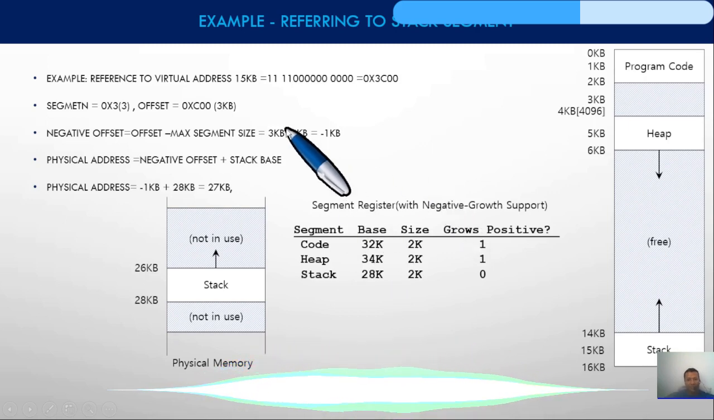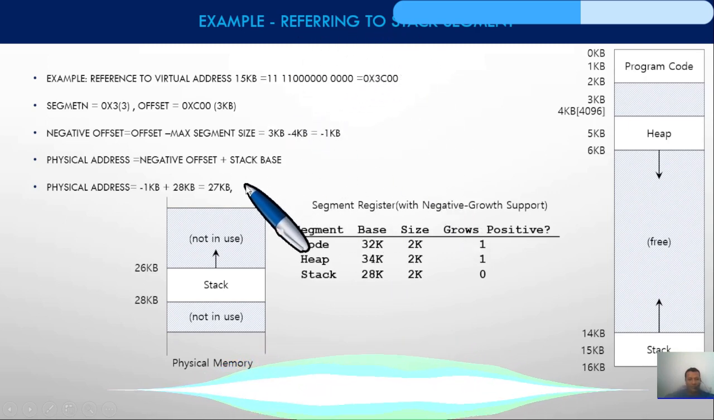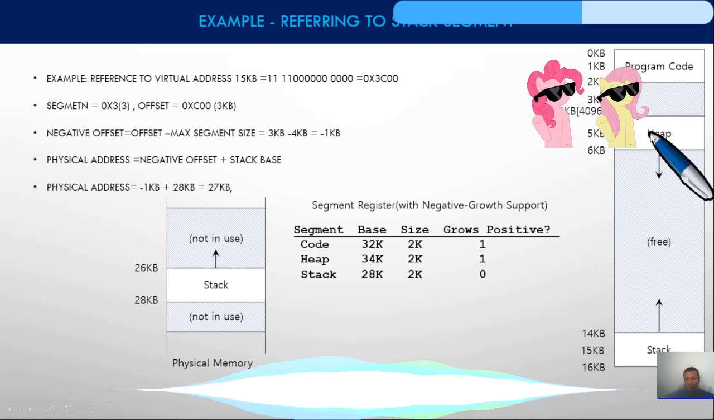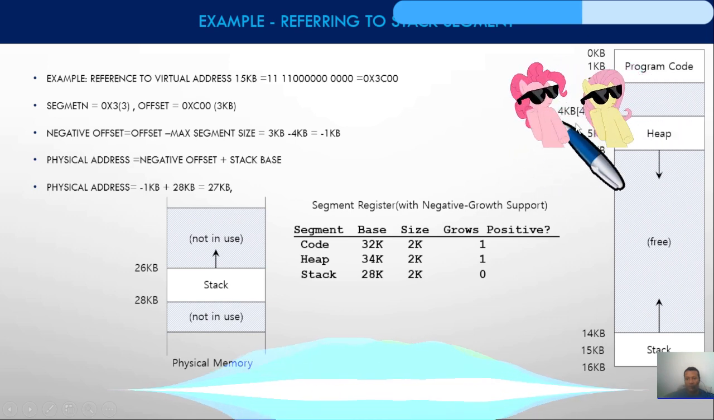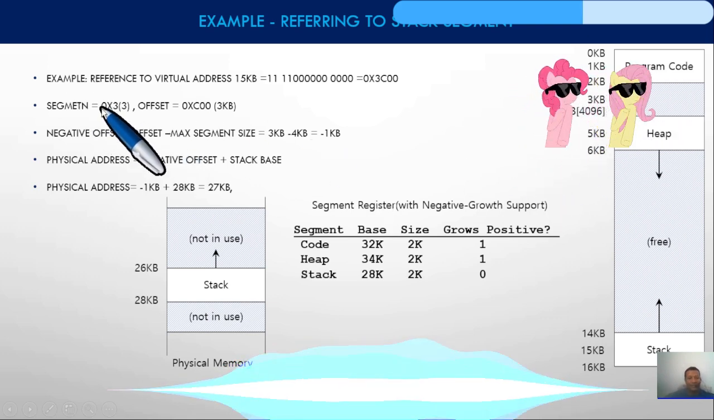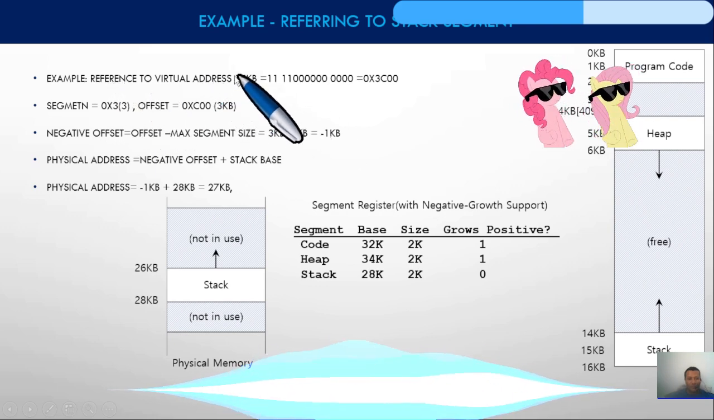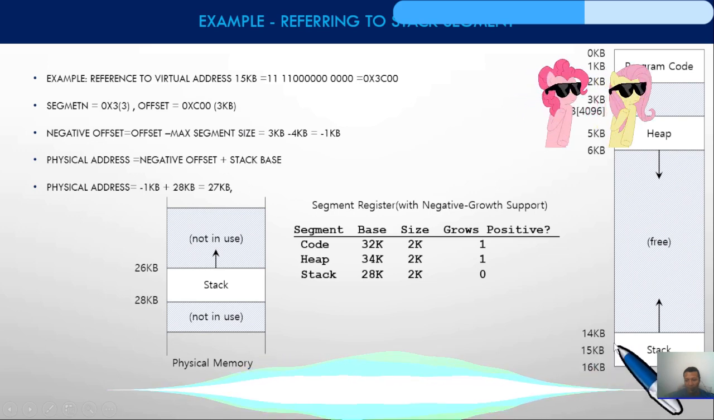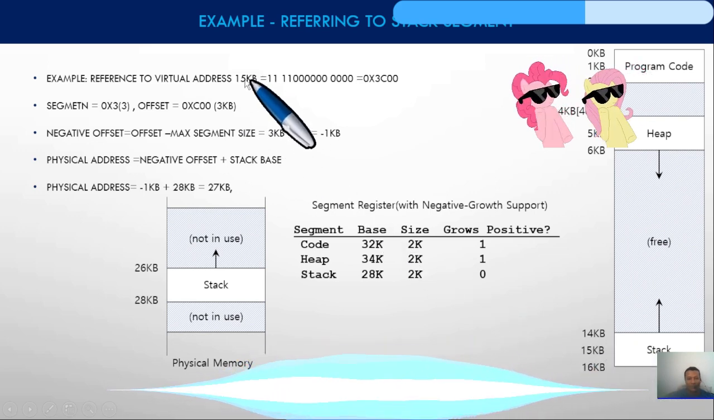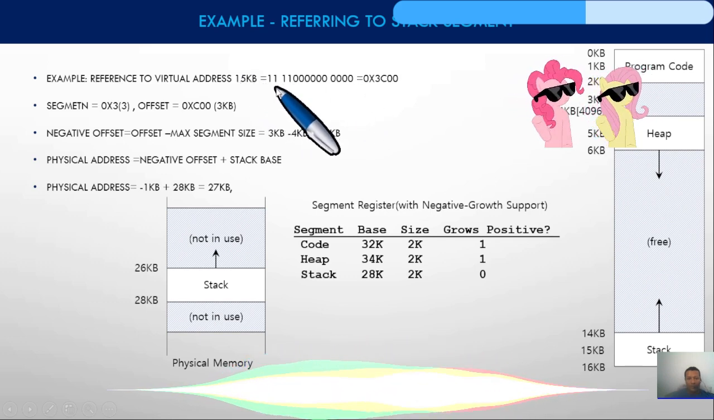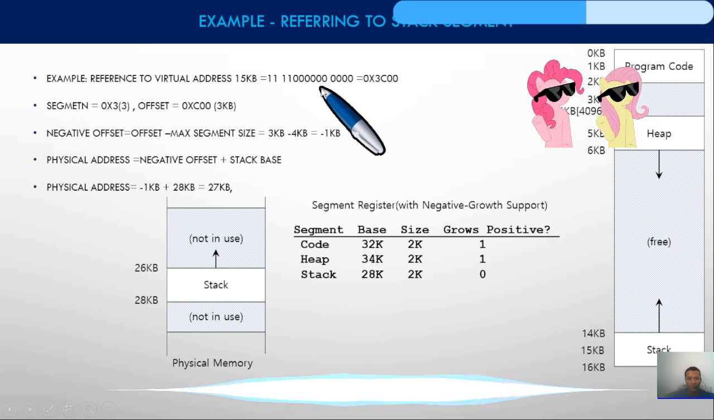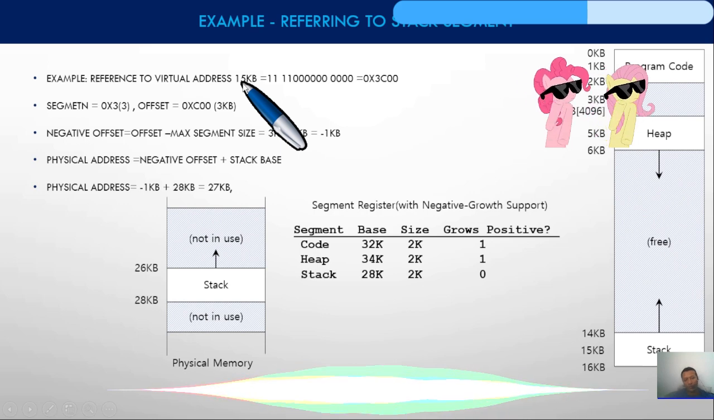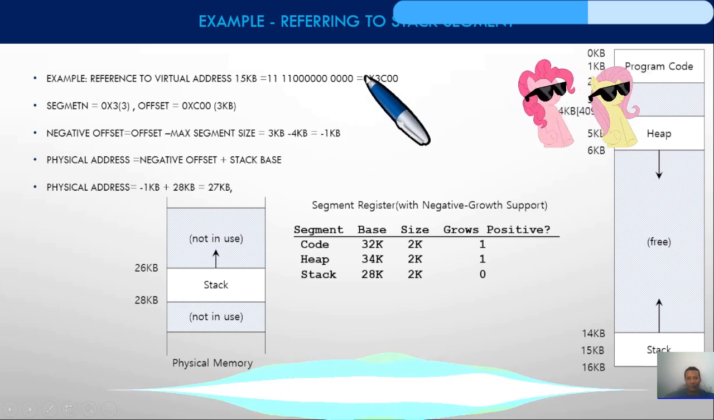So let's see an example of referencing the stack and how it works. Let's say this is our virtual memory, 16 kilobytes. We have the stack, the heap, and the program. So this is the location. Now, for example, a reference to a virtual address of 15 kilobytes. Let's convert this 15 kb into binary: 1111 0000 0000 0000. This is the binary representation of 15 kilobytes,